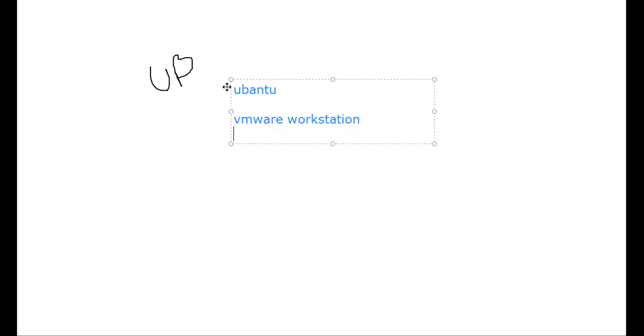In your case, you can install it by the method I have described in the description box. I will also describe how to install it and how to use VMware Workstation. It's free for non-commercial use, that is for your local system, for learning and development purposes. You need not buy a license, it's free of cost. So let's understand what this VMware Workstation is.